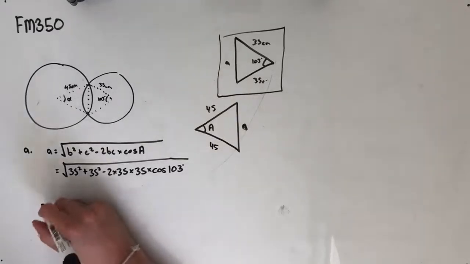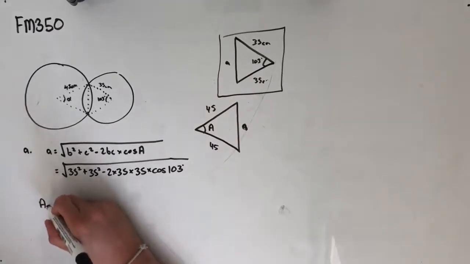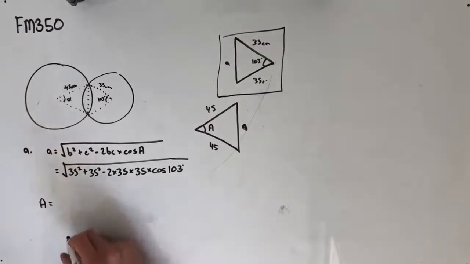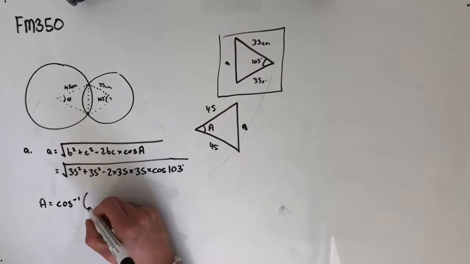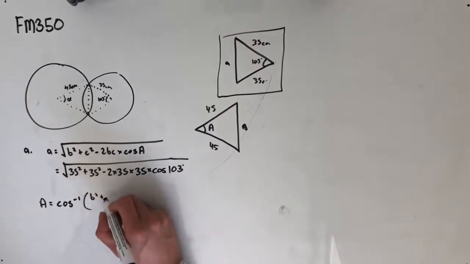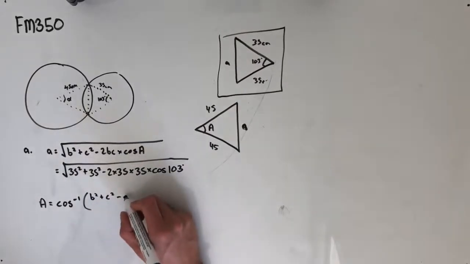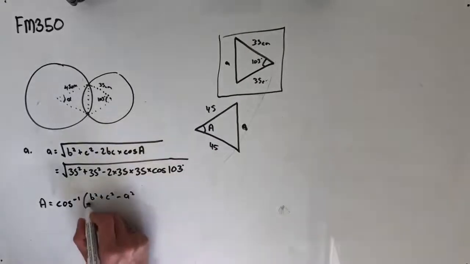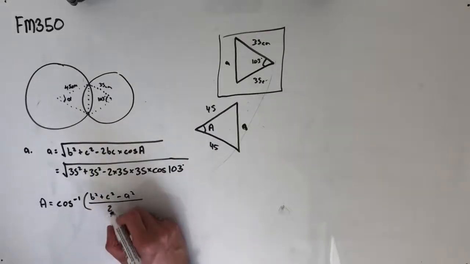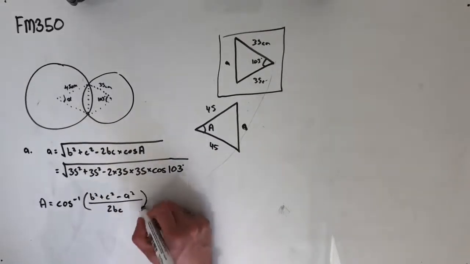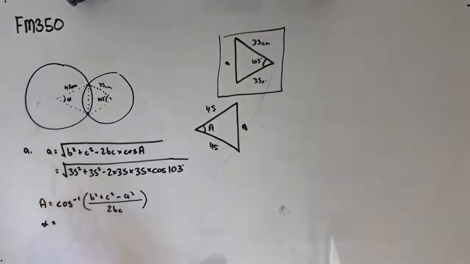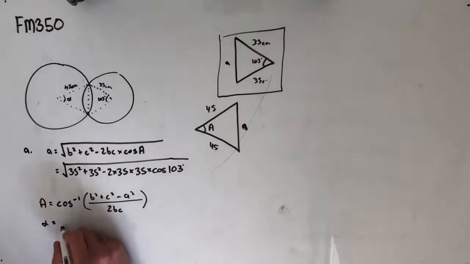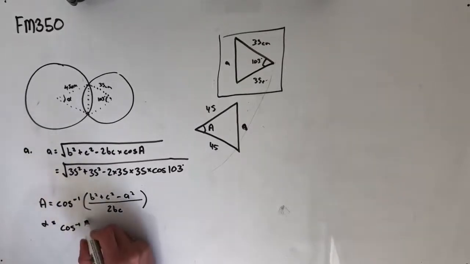So we know that our rearranged formula for calculating angle with the cosine rule is cos to the minus 1 of b squared plus c squared minus a squared all over 2 times b times c. Substituting our known values, we're going to get alpha is going to be equal to, this is where it gets pretty massive by hand,